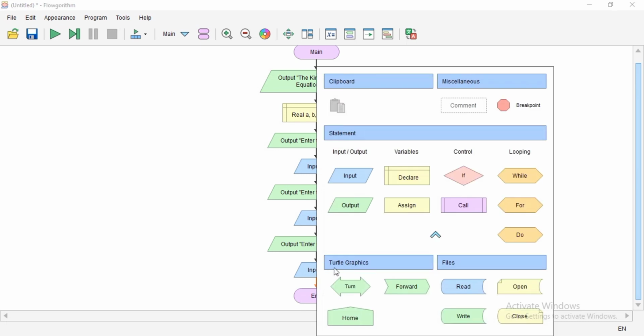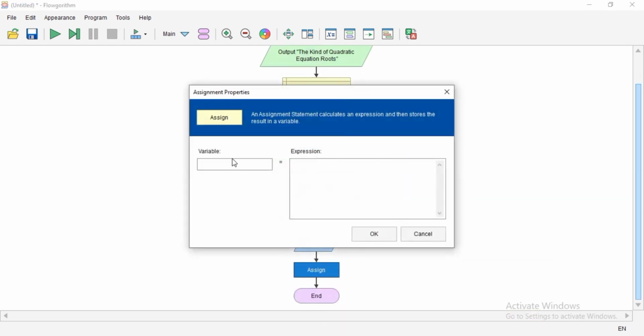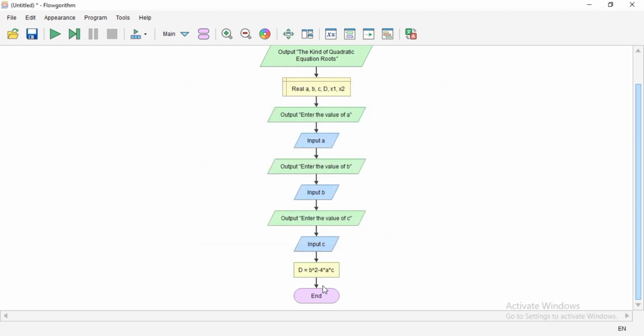Okay, next, using assign. In this assign, type the formula for finding the determinant. The formula is b power 2 minus 4 times a times c. Okay, and next, choose if.